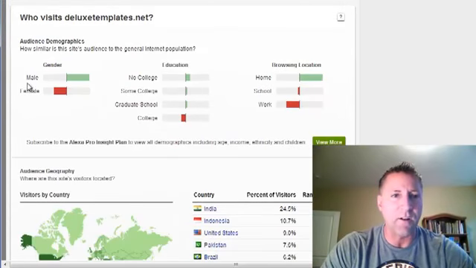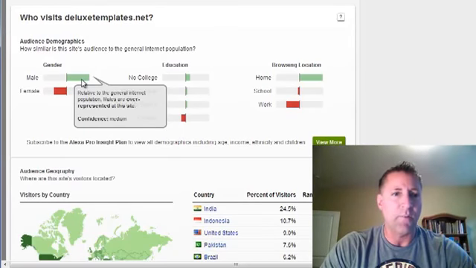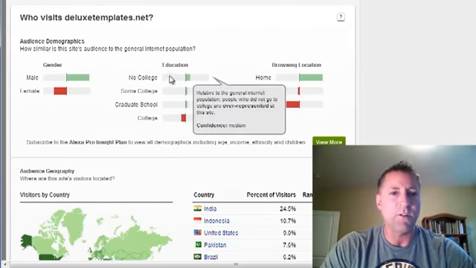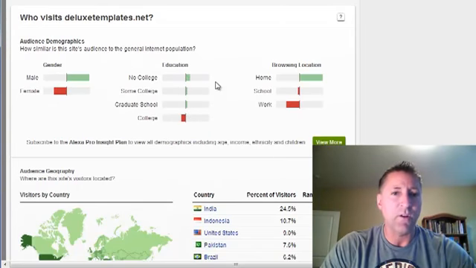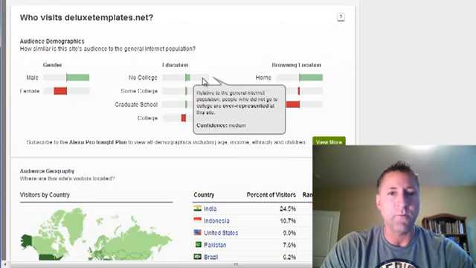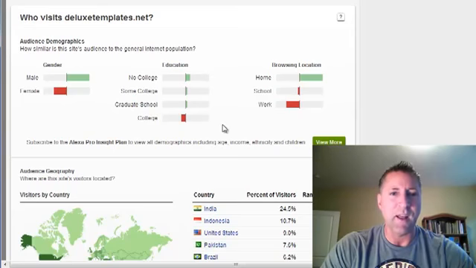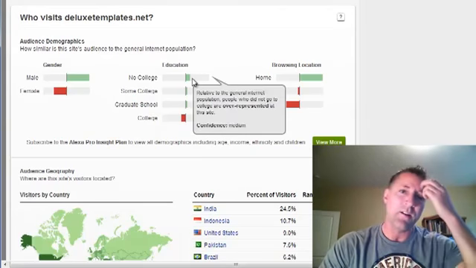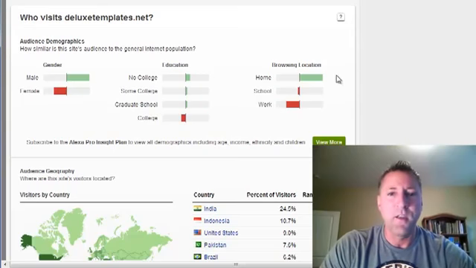Let's go down here and look. You can see the gender is predominantly male, but there's some female, which is fine. No college is the dominating demographic here, which is also fine. We're looking for entrepreneurs, not overeducated people that have kind of been brainwashed. No offense to anyone who's got an advanced degree. I went to college myself, but you've got to recognize that the education system does not breed entrepreneurs, it breeds employees. So the fact that there's no college here is absolutely not an issue.